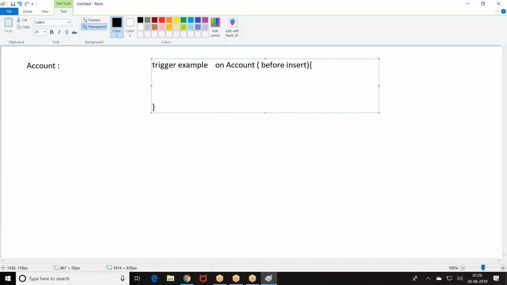When was this trigger called? When an insert is happening on the table. When you try to insert a record on the account, this trigger is called. Right. Now, within the trigger,